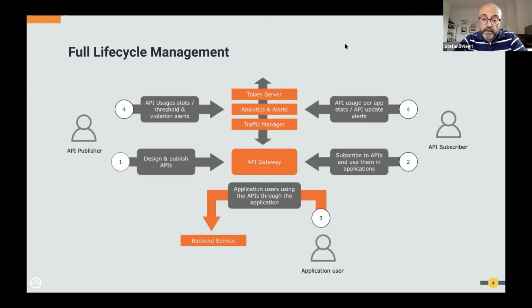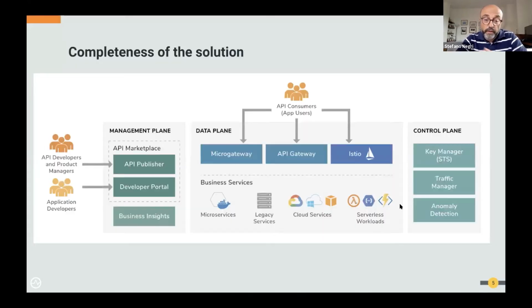So as you can see, our vision is not the vision of an API gateway or an API portal, or an API gateway with a portal on top, but the full lifecycle management, which covers the four main use cases. And for achieving that, we have developed a product which is complete because it is componentized. So all these use cases can be fulfilled by different components, and we plan to divide these components into three main planes.